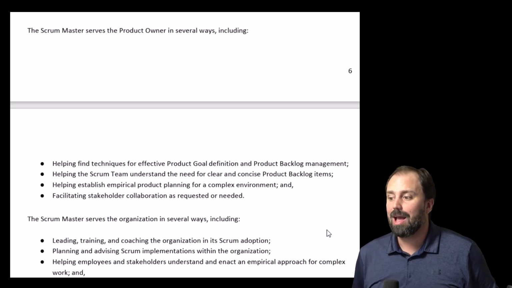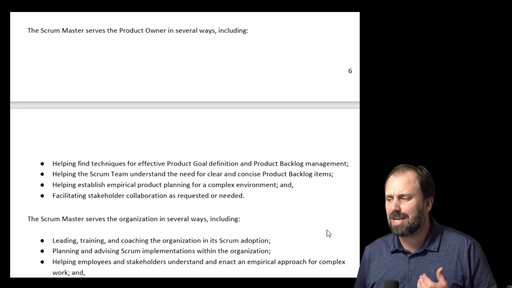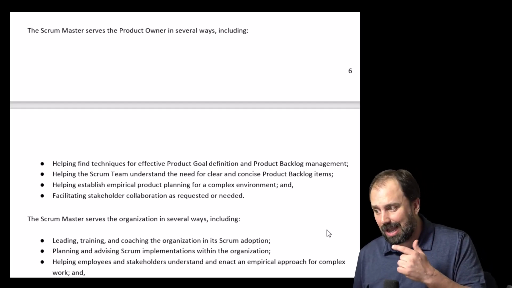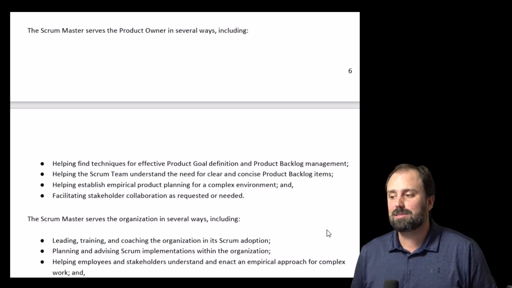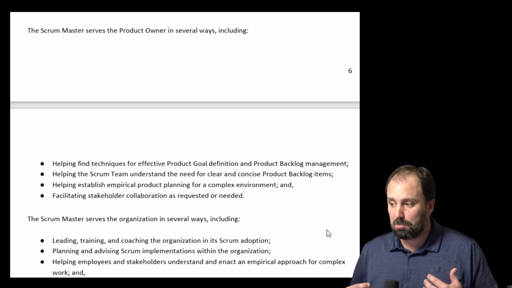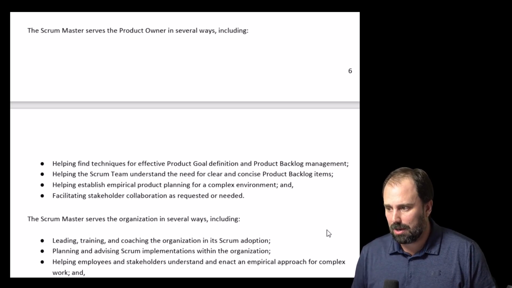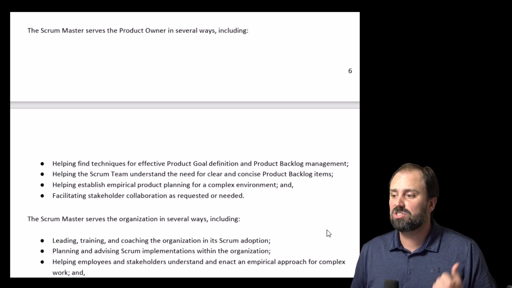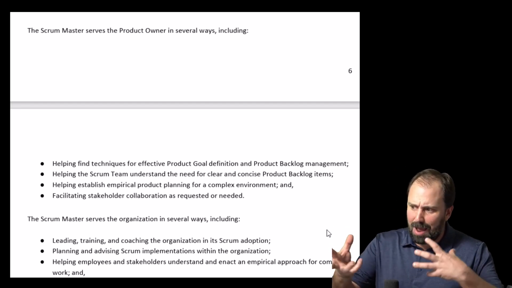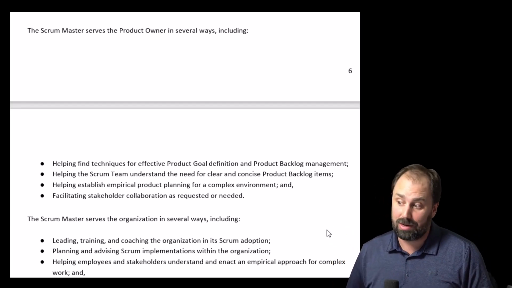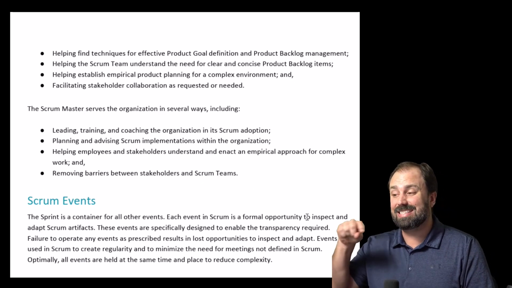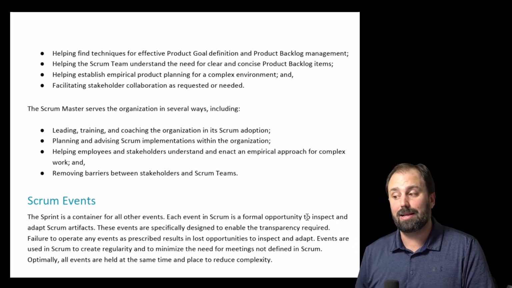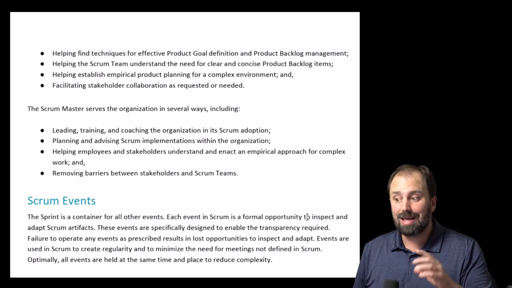Number 2, helping the Scrum team understand the need for clear and concise product backlog items. Number 3, helping establish empirical product planning for a complex environment. And number 4, facilitating stakeholder collaboration as requested or needed. Now, the Scrum Master serves the organization in several ways, including, number 1, leading,